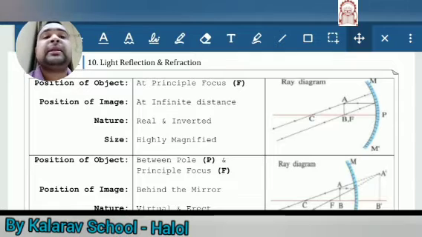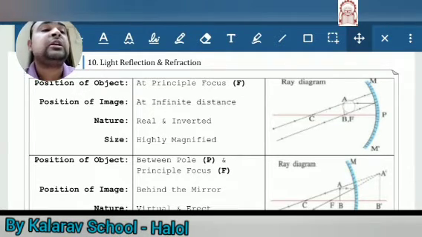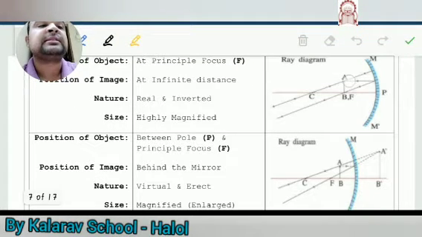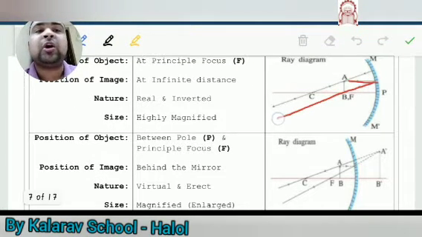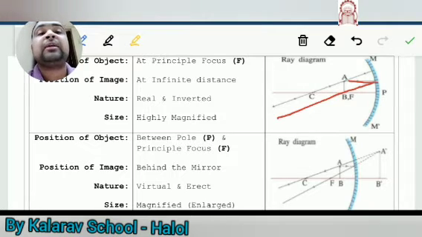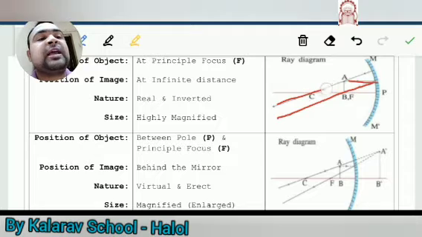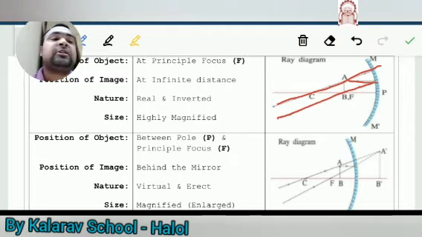Okay, now if you are placing the object at the principal focus, then how can you construct the ray diagram? So here you first consider the parallel ray. After the reflection it will pass through the F. Now you don't have the option to consider the ray passing through the F, because the object itself is on the F, so you have to consider the third ray, the one passing through the C line. This is the C line, and we know that if it goes through C, it returns in the same direction.